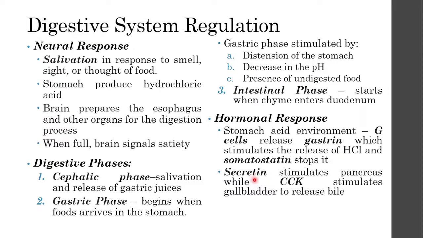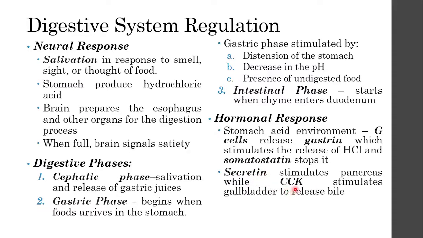And then we have secretin, which stimulates the pancreas. This is the intestinal phase. When the chyme enters the duodenum, secretin will then stimulate the pancreas to release the enzymes we've talked about, to digest what was being digested in the small intestine, basically everything. So the amylase, you still have amylase also in the pancreas, and other enzymes in your body. Your pancreas releases all of those because of secretin.